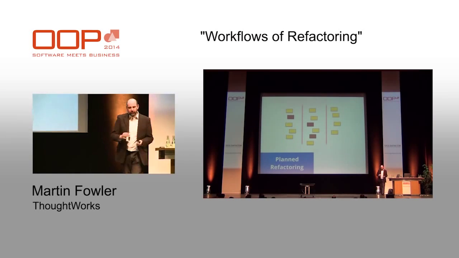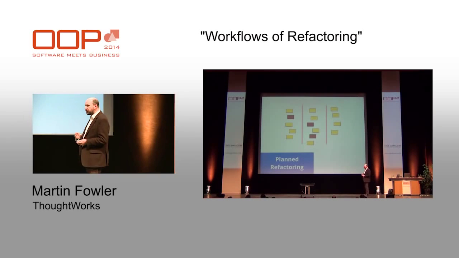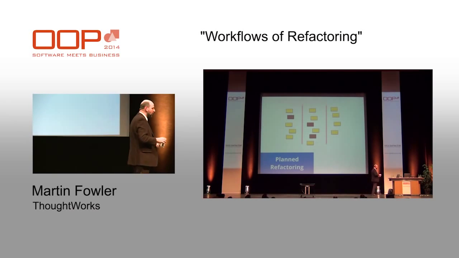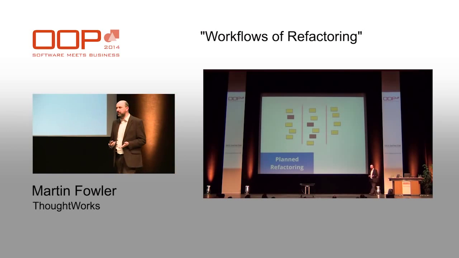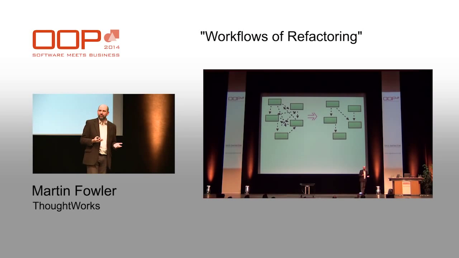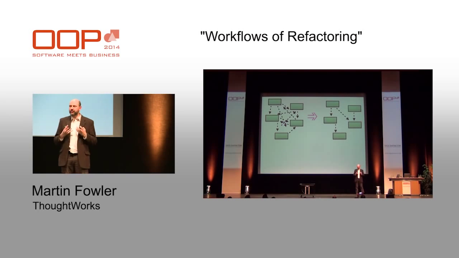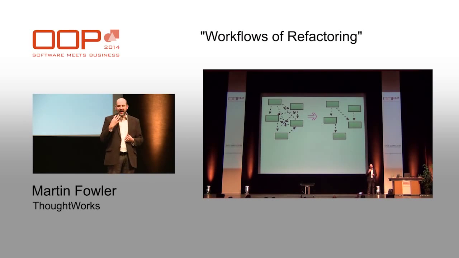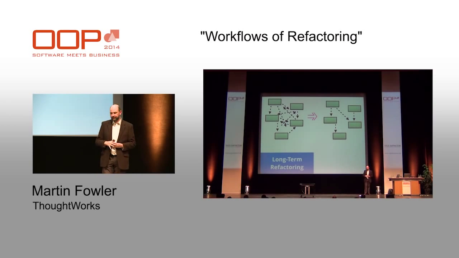Now, all of this presumes something, which is that you have refactoring tasks that you can always complete in a relatively short period of time. But as you work on a code base over time, larger things will become apparent. You might say to yourself, well, I've got a bunch of modules with a lot of messy dependencies. Maybe they just developed over time and you didn't pay enough attention to keeping them steady. Maybe you're inheriting a code base from somebody else and they didn't pay enough attention to these. How do you clean things up in this kind of situation? How do you do a long-term refactoring?